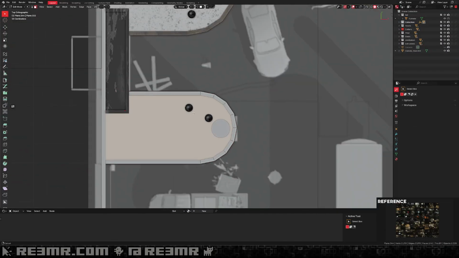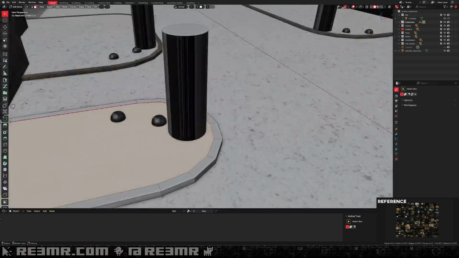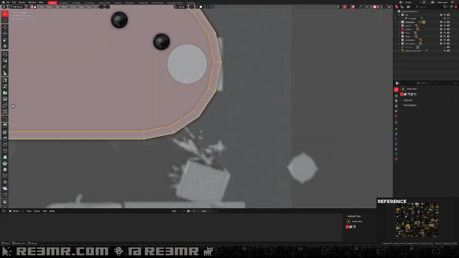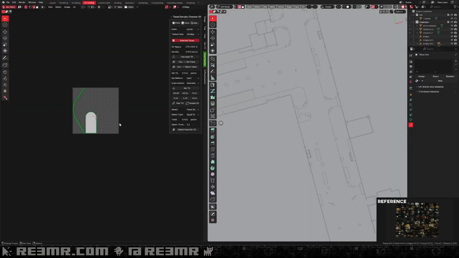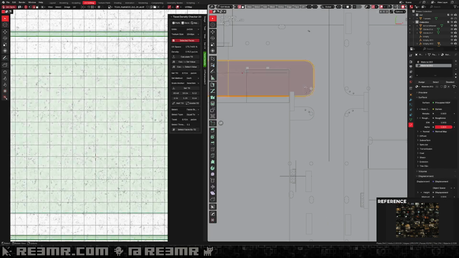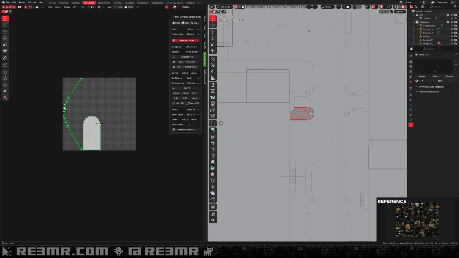I think I did something like that, right? This can be dissolved. And then I unwrapped like that. Let's also copy the texel density here first, and paste that here. But first, let's